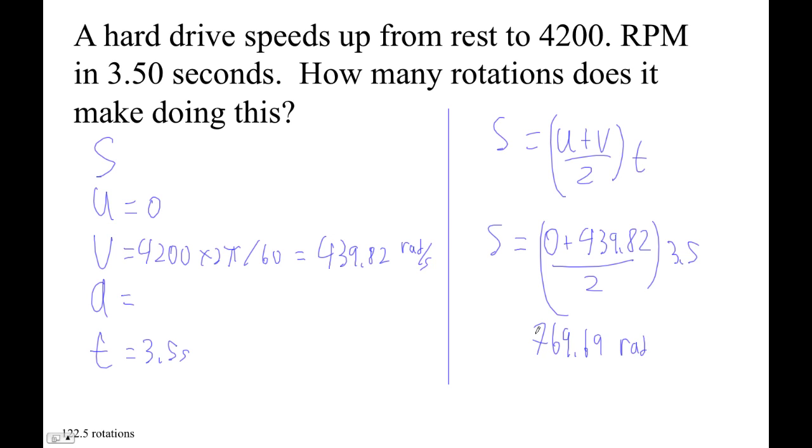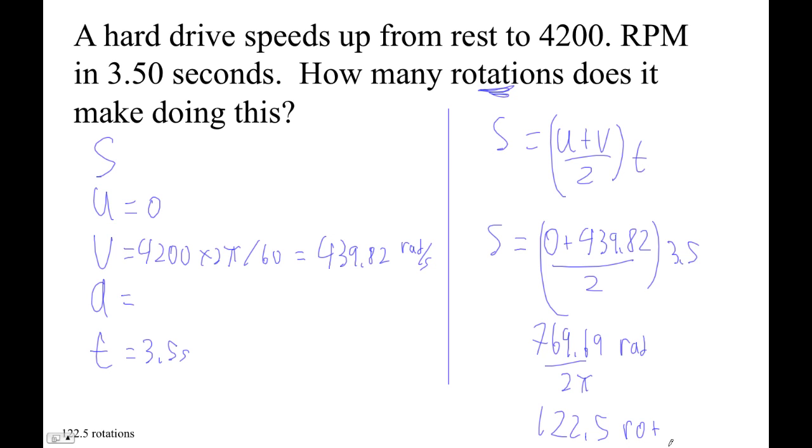radians. Now, of course, it says how many rotations does it go. So now I've got to convert that, right? So divide by 2 pi. So divide by parentheses 2 pi, right parenthesis, 122.5. Now at this point on my calculator, I didn't round. I always used the previous answer. I used this unrounded. I took this number unrounded, divided by 2 pi, and it came out spot on 122.5